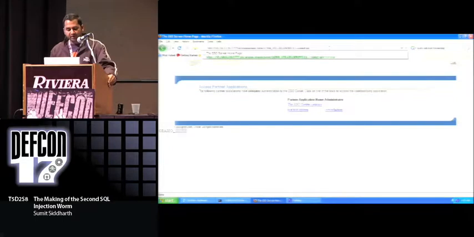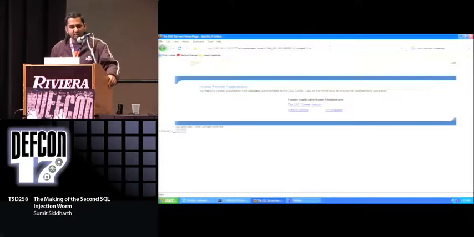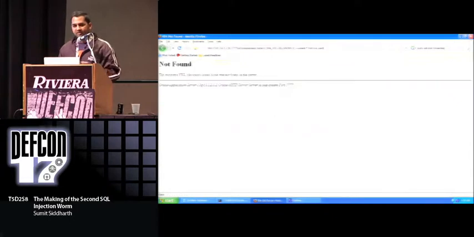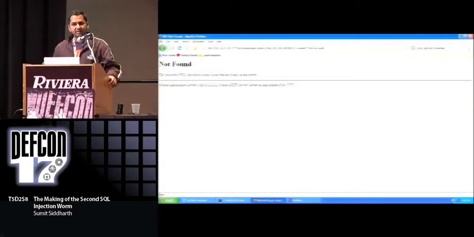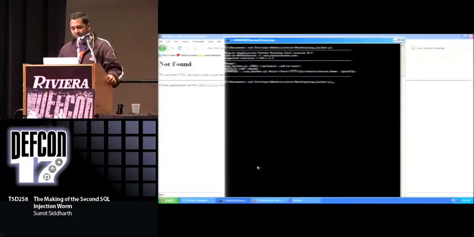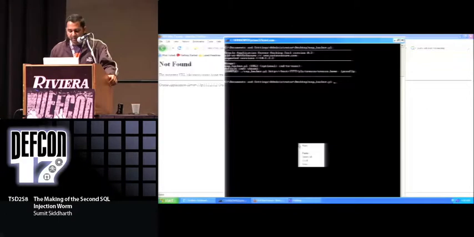Now if I change this query and do something like select star from sys.user$, which contains the password hashes, this will fail because our user doesn't have the privileges to query this table, and we can't get the Oracle hashes. But because we can execute PL/SQL, we can exploit the packages present in the backend database and elevate our privileges. So all you do is take this URL and pass it to this Perl script, OAP hacker.pl,